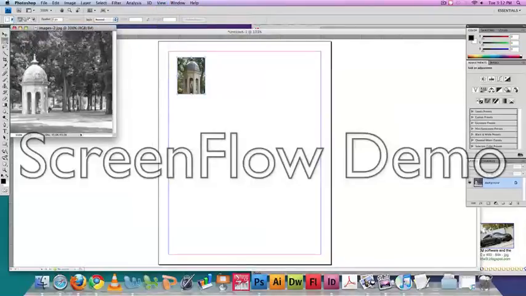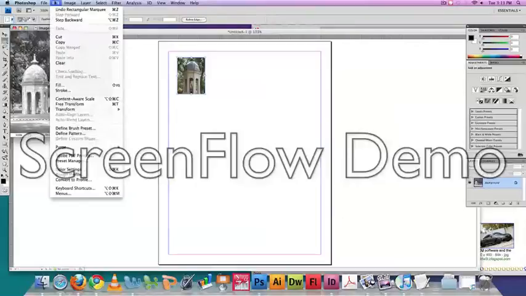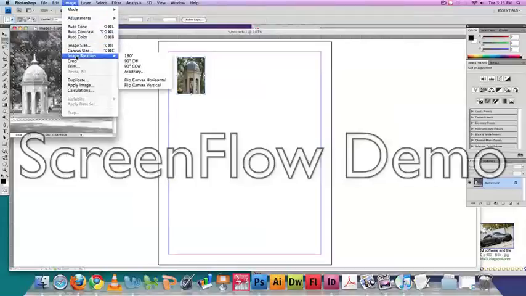Okay, so let's say that we're going to crop a photograph in Photoshop. What you do is just choose this second tool here, the select tool, and you're going to go around the portion of the picture that you want. And once that's blinking, it's selected, then you're just going to go to Image, Crop,